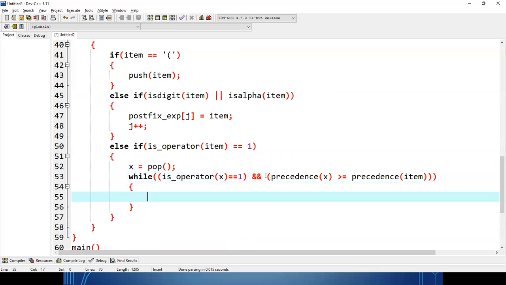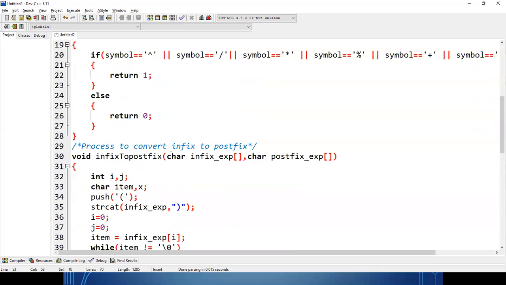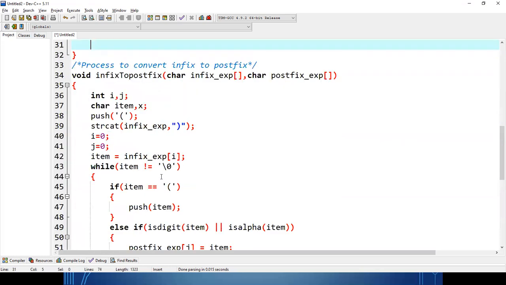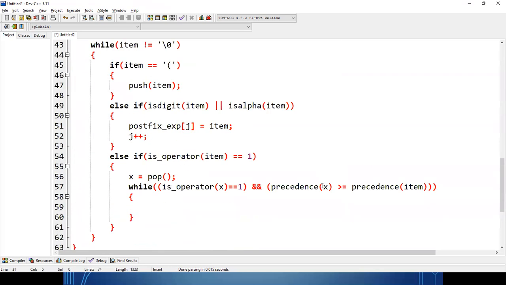So what is precedence here? Precedence is also a user defined function, which we will write, that returns the priority. It catches the symbol I am passing here. You check here, precedence of x.